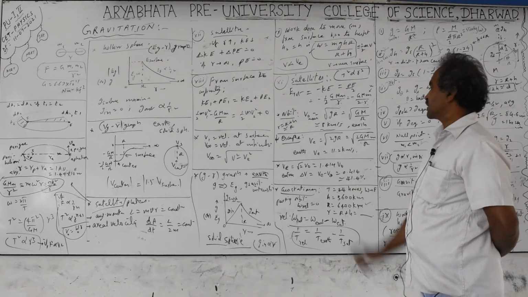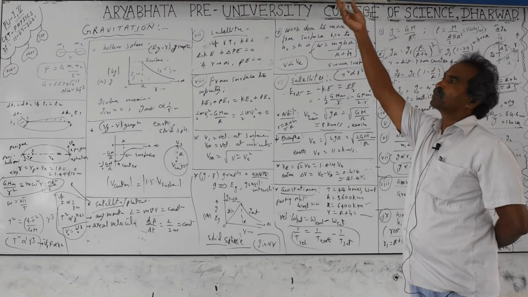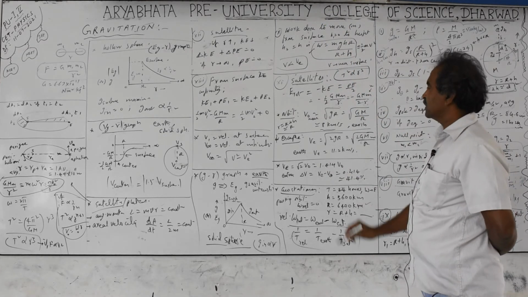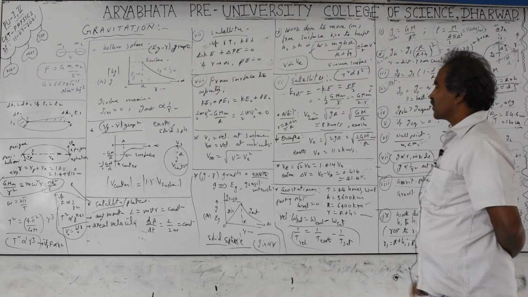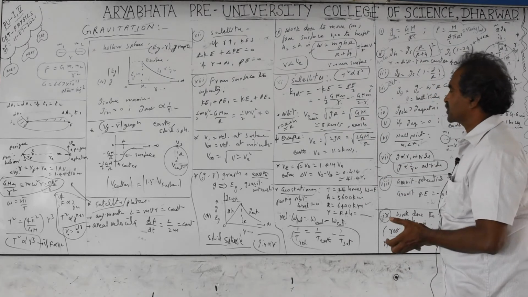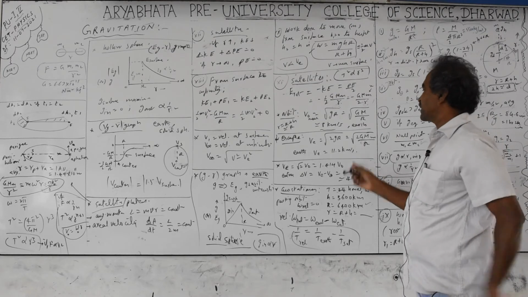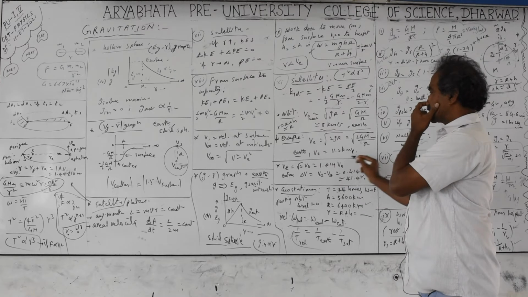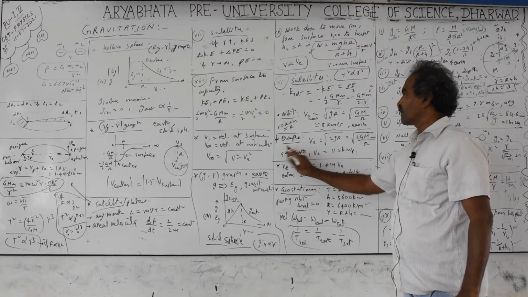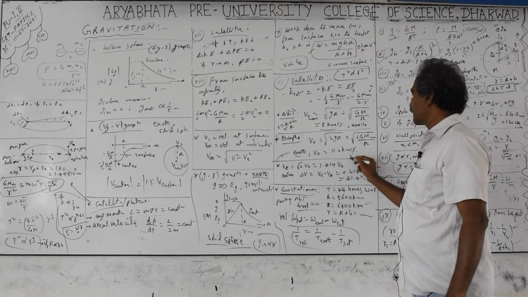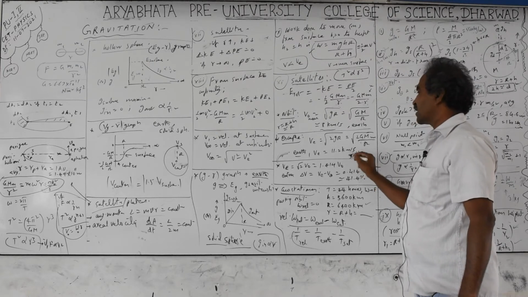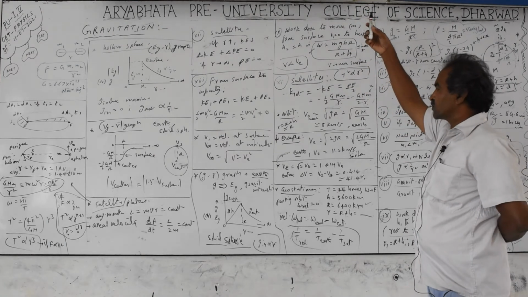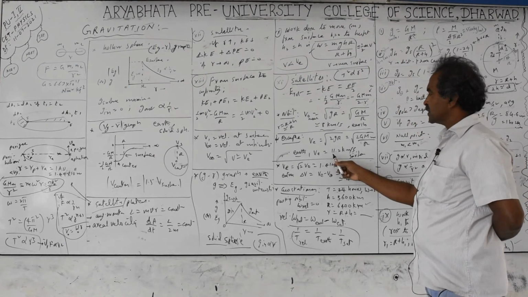Next is escape velocity. If you want to throw a stone into space and you don't want it to come back, the velocity given to it is called the escape velocity. It escapes from the gravitational force of attraction of the Earth. Its value is 11.2 km per second near the Earth's surface. It is kilometers per second, not meters per second, so check that. So a rocket, if you are sending it to the moon or far away to the satellite stars, should have the velocity 11.2 km per second.